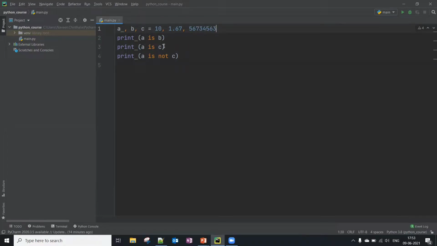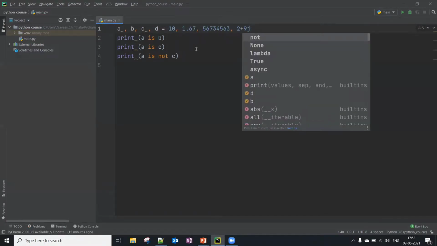And we're going to create one more variable, d, and assign some complex number to this.